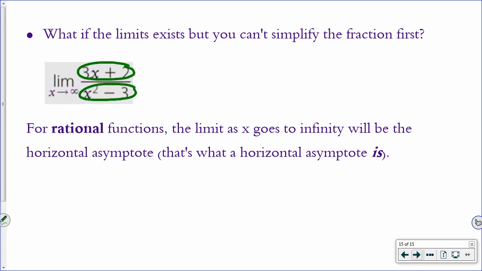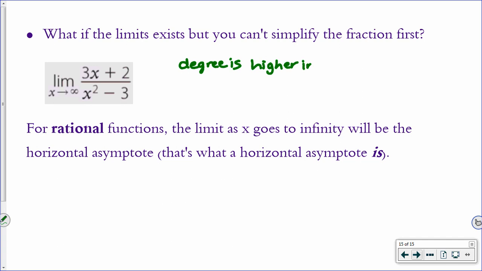This goes a little bit beyond what SL would normally ask us to memorize, but I think that you can know this. You've studied it in Algebra 2 before. This time, the numerator is linear, but the denominator has a squared in it. So it can't just be the rule of coefficient divided by coefficient. This is where you need to know when the degree is higher in the denominator, as in this case here,